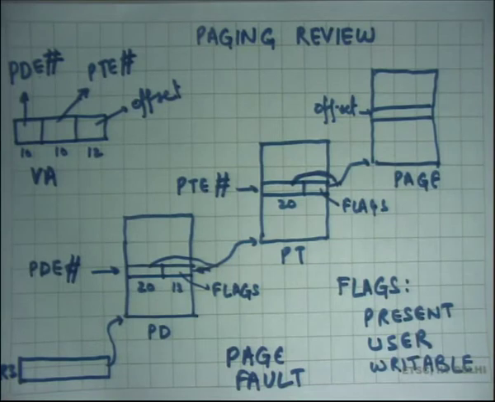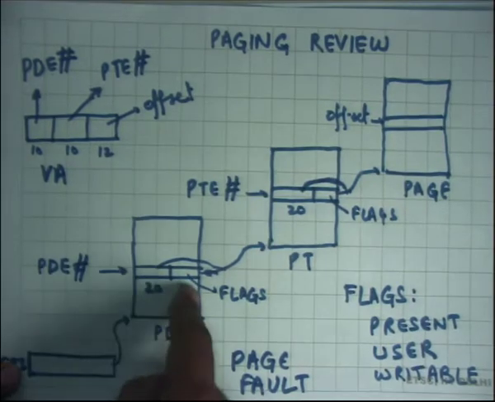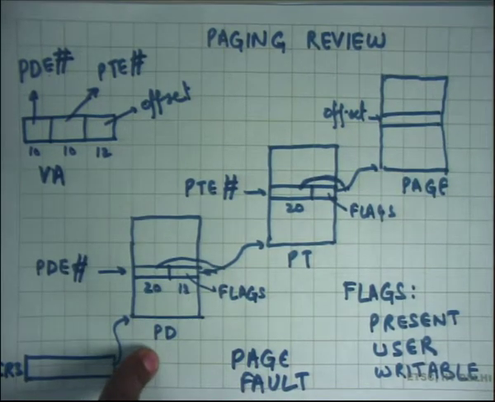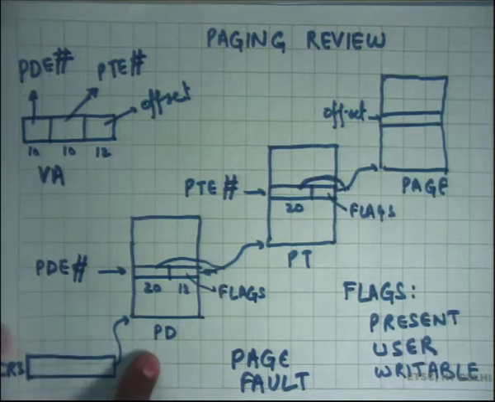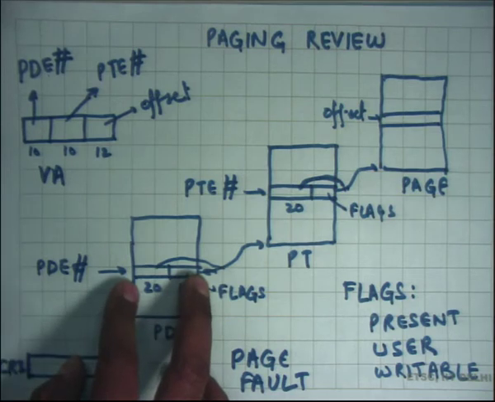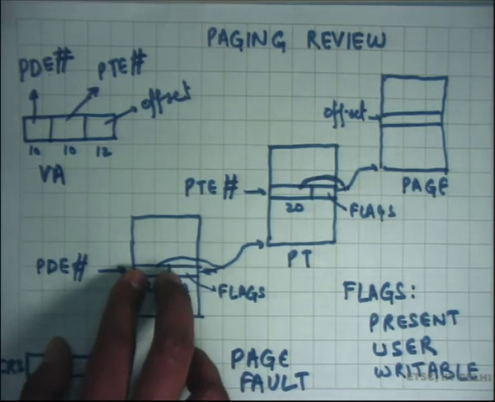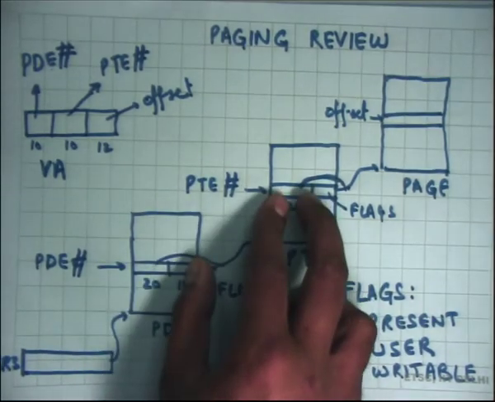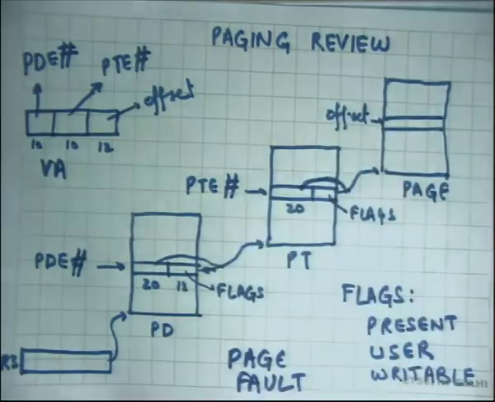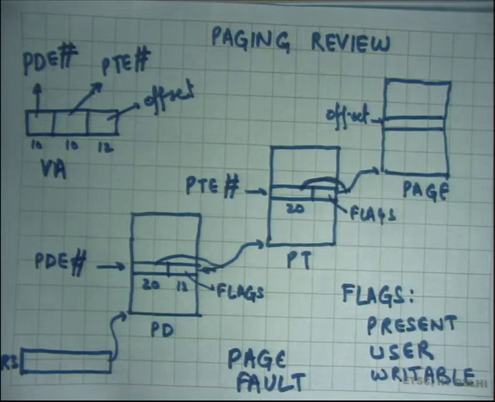So how many physical memory accesses does the processor need to make on a memory access by the program? 3. First you add these 10 bits to CR3 and dereference this value, that's memory access number 1. Then you get these bits and dereference this value, that's memory access number 2. Then you get this and dereference this value, that's 3. So for every virtual memory access you're making 3 physical memory accesses, and that's not acceptable, that's too costly.